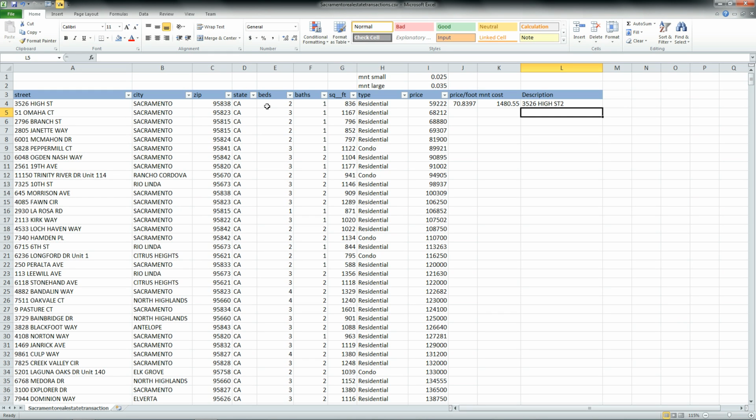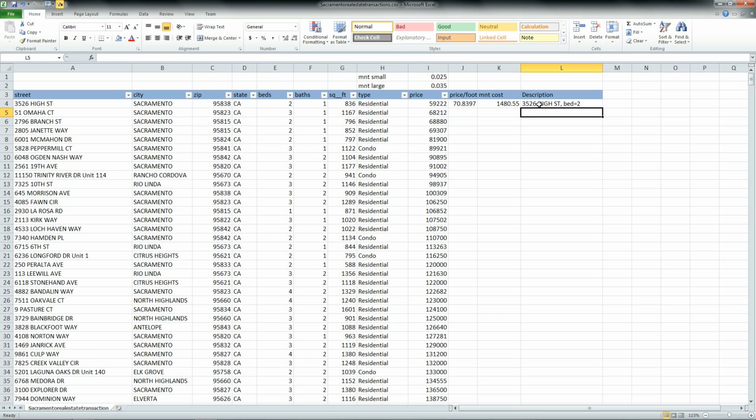I probably want to put a comma or something between those two data fields. So let's go click and edit the formula. And between that ampersand, I'm going to put a quote, comma, space, end quote, and another ampersand. Now we have a 2. Might be better if I had bed equal to in there. So let's just put a bed equal, and there we go, 2-bedroom on that street.